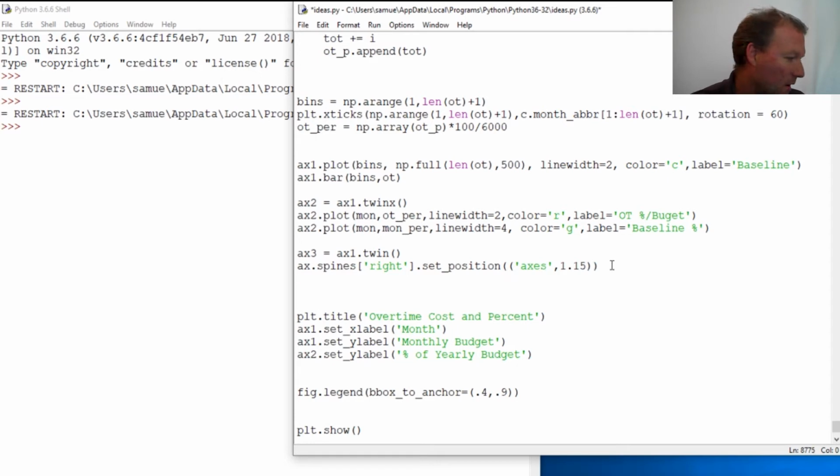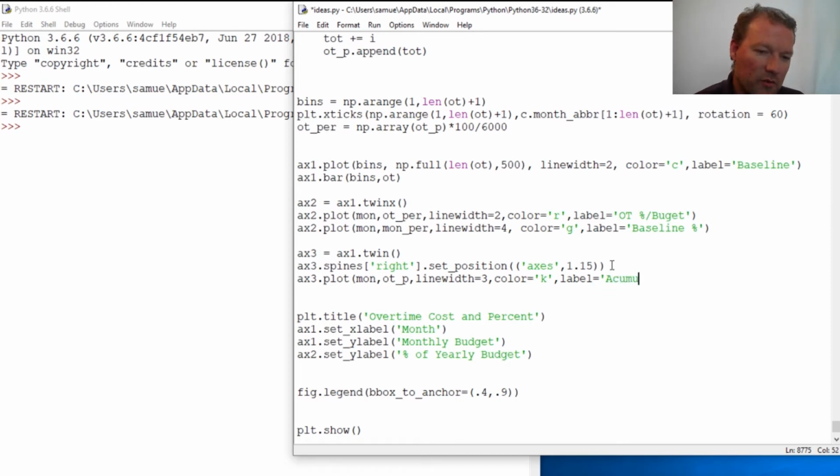See how I caught that? All right, now we're going to plot it. Missed that, ax3.plot. Then still with our month variable, our overtime, p-value, line width. This is all pretty boring. Now we've got a new color, we're going to go K, and label it. Let's see if I spell this right the first time: cumulative